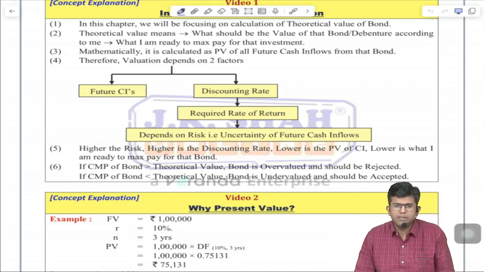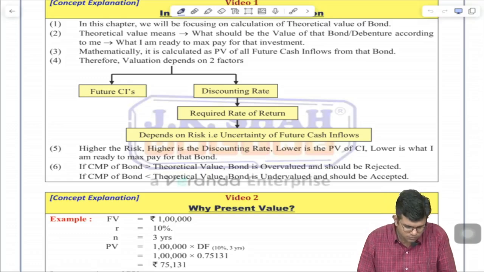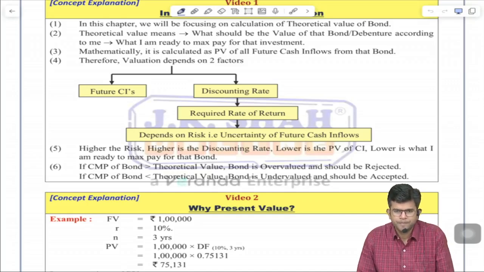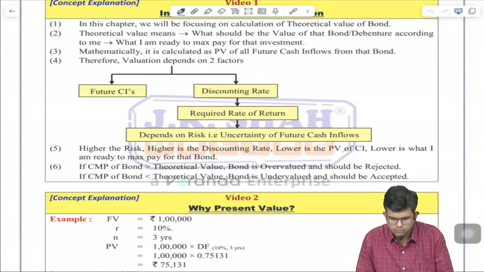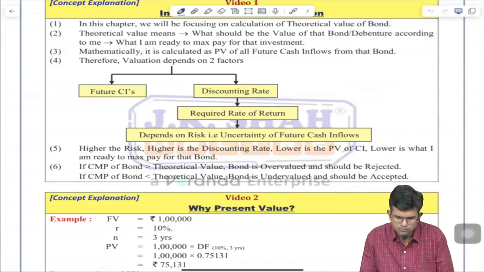CMP means current market price. Are we done? Okay. Next line,